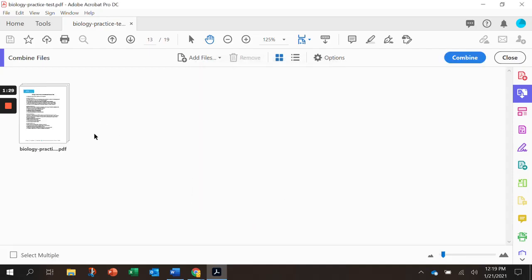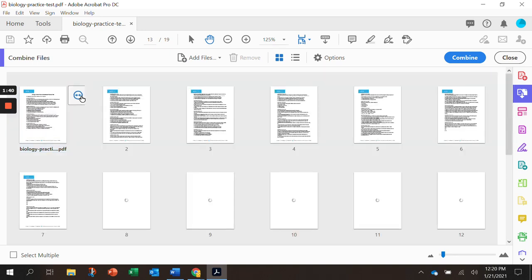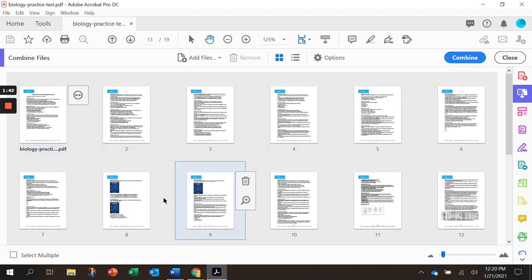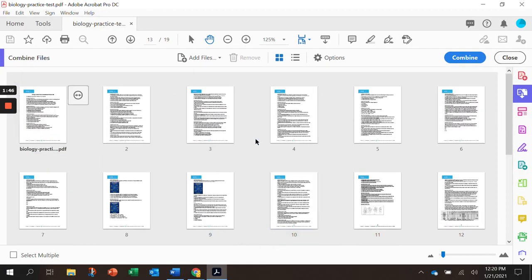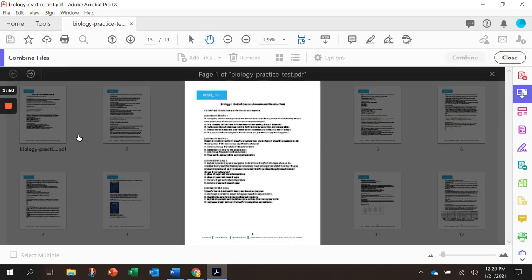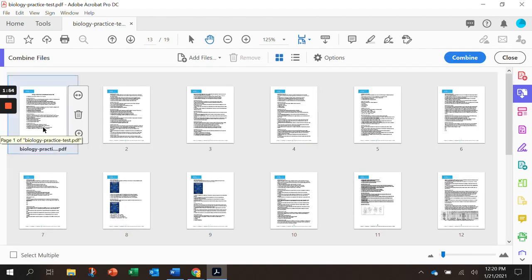But essentially right now, I just want to reduce the number of pages. So you'll see they're all combined, and I need to spread them out. I need to see what I'm looking for exactly. So you want to click the Expand button, and this will be all the pages in that file. Now, if I'm unsure which ones, because the text is obviously really small, then there is a zoom feature where you can zoom in on each page to know exactly which ones you want to get rid of. And you can either do them one at a time by clicking the trash button,